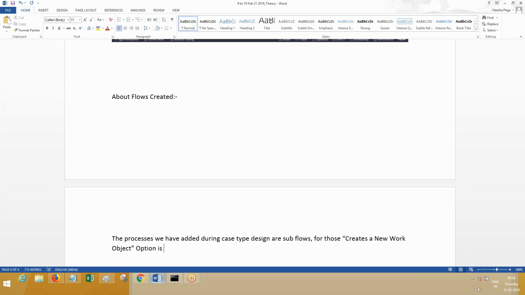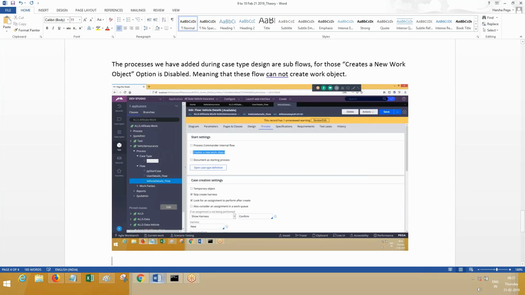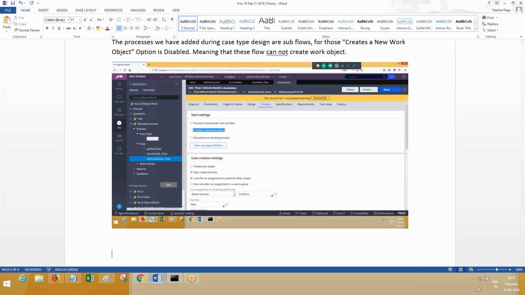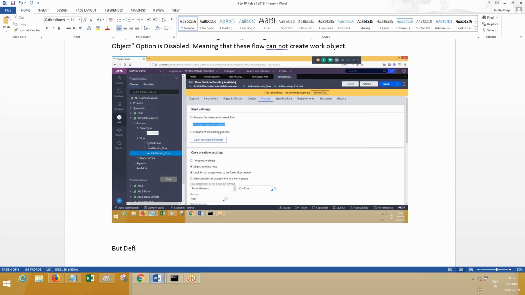The option is disabled, meaning that these flows cannot create a work object. But you need a flow to create a work object. But definitely we need a starting flow which creates a work object,